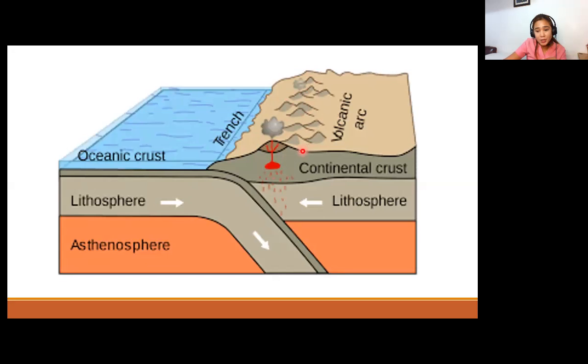And what's worse about this? Kapag nangyari ang convergent under the ocean, it may form a tsunami. Okay, kasi nag-umpugan yung dalawang lupa sa ilalim ng dagat. So pag nag-umpugan yan, eventually, it may form a big wave and cause a tsunami to the land. Okay, papunta dito. Okay, now let's move on.